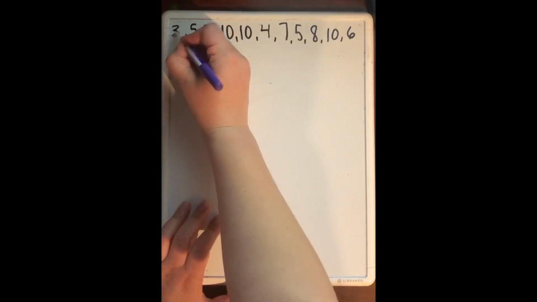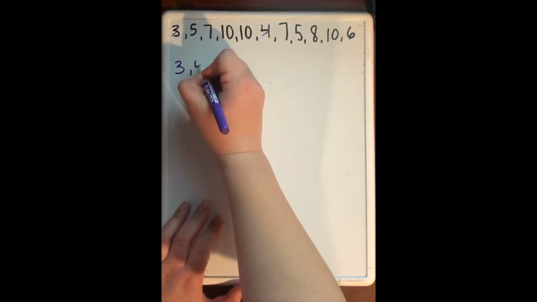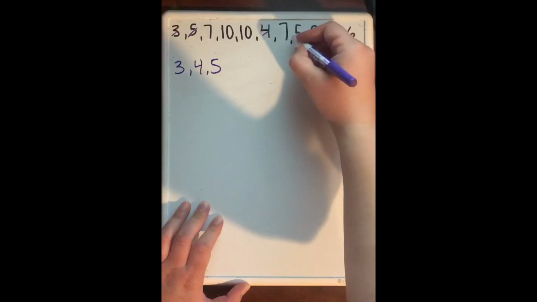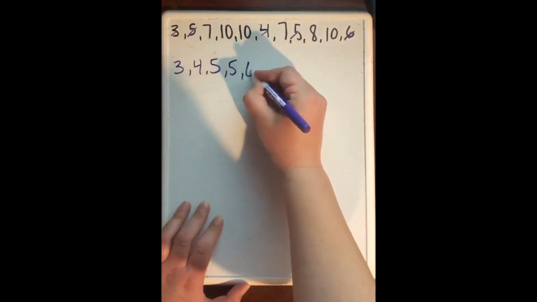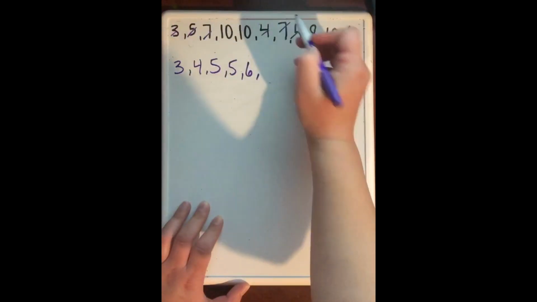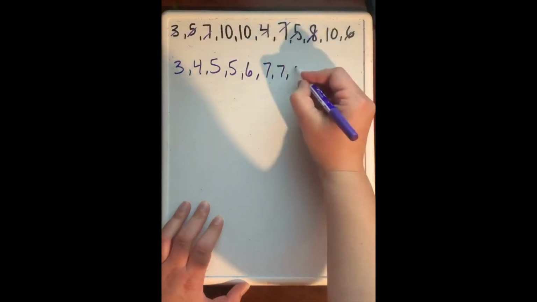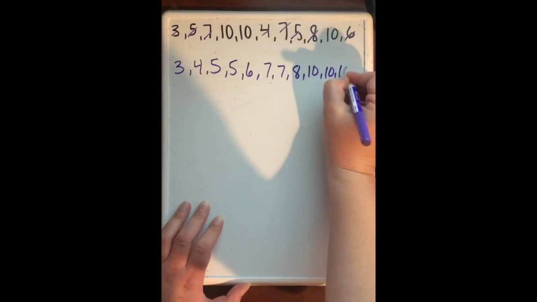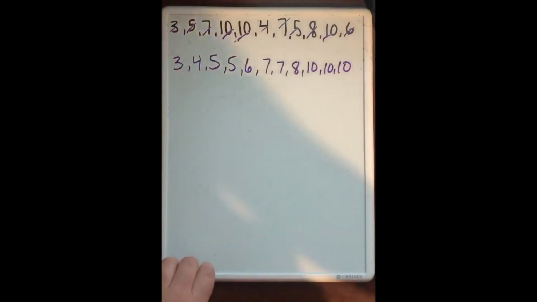So let's start with 3, 4, I see a 5, and then I see a second 5, so we'll make sure to put them both. 6, 2 7s. What's next? An 8, and I see 3 10s. All right. So now that I have all of my data values arranged from least to greatest,